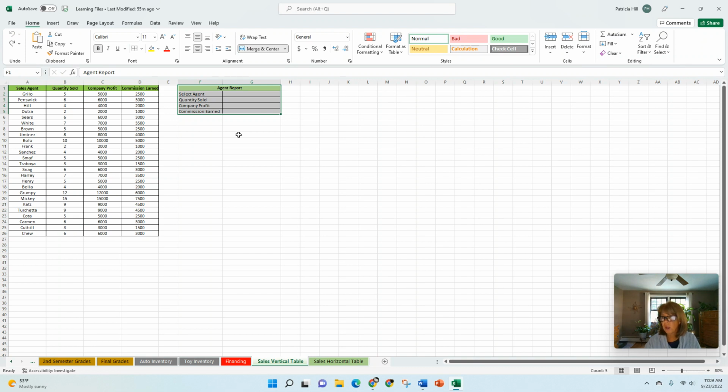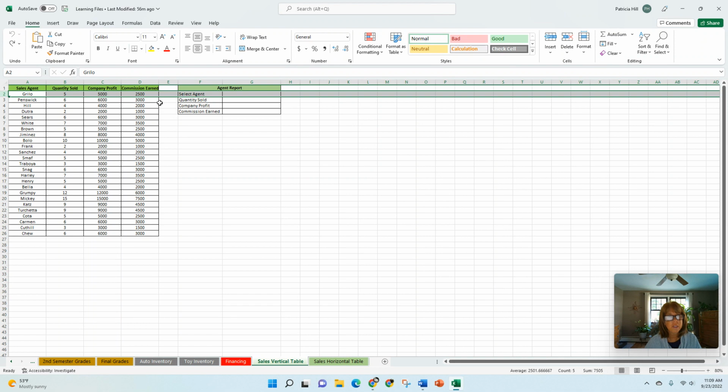Now, VLookup stands for vertical lookup. And what this function does is it searches for specific data in a column. Okay, columns are vertical. That's why we're using VLookup, as opposed to the HLookup, which uses rows, which are horizontal. Okay, so the VLookup searches for data in a specific column and then returns corresponding data in a different column